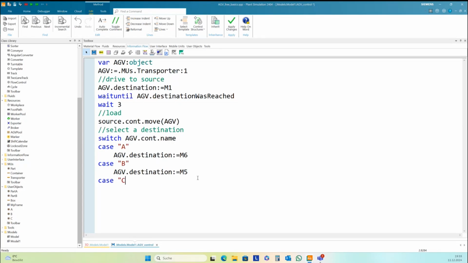And case C is destination M4. And again, we need to wait until the HEV has reached its destination. And then we need to load the parts